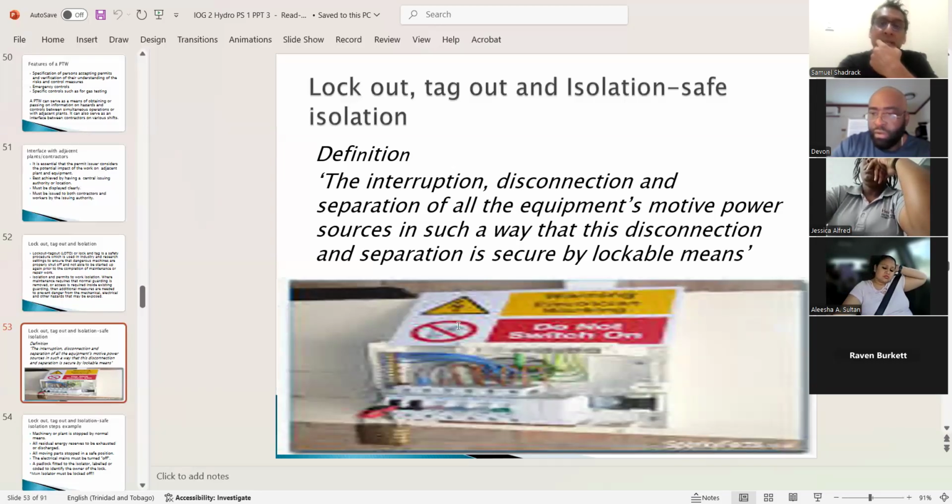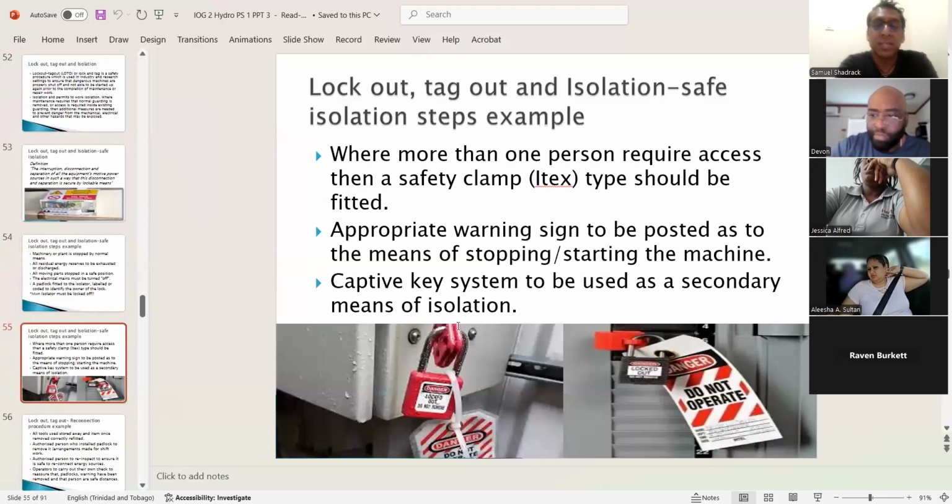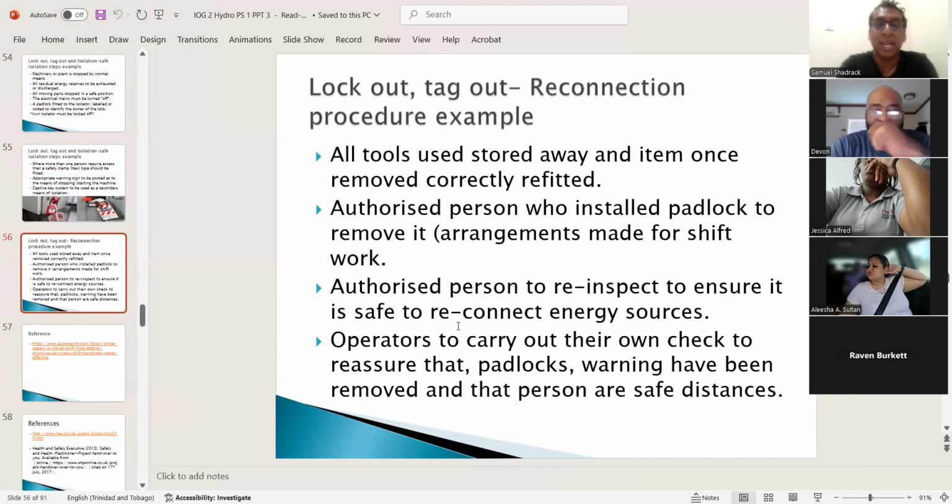What is isolation? Of course, by lockout and tagout, indeed, it is by a lockable means. And many of you all know those devices. You can put a lock and a tag. And these you can purchase. You can get these in most safety stores. This is if you're able to have a latch and you're able to lock it like that. If it's like a valve head,